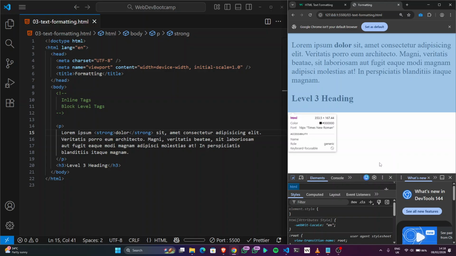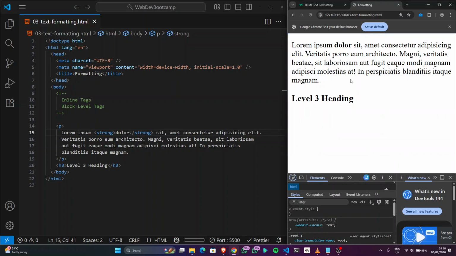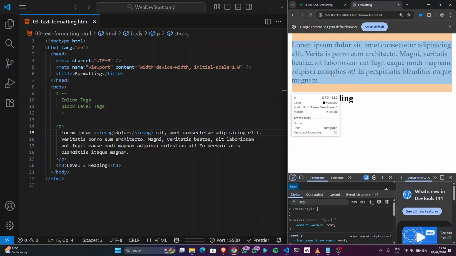Now you notice that this particular one is bolder than the rest. This is what I'm trying to explain with inline and block level tags. This entire p tag is a block level tag. Now, notice what happens when I'm hovering over the